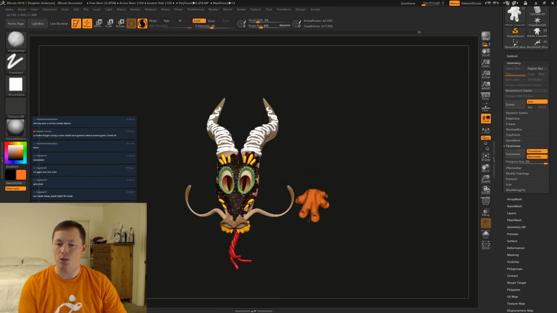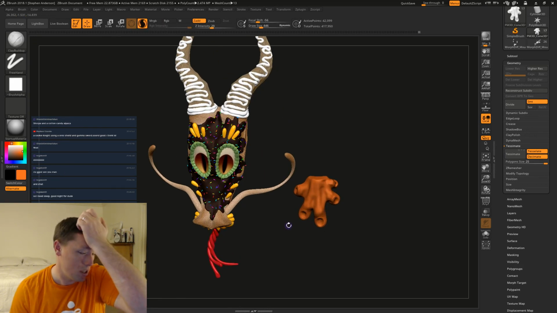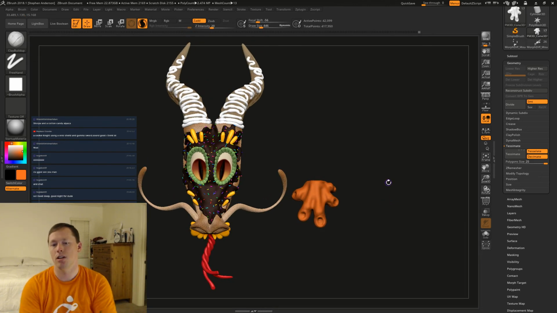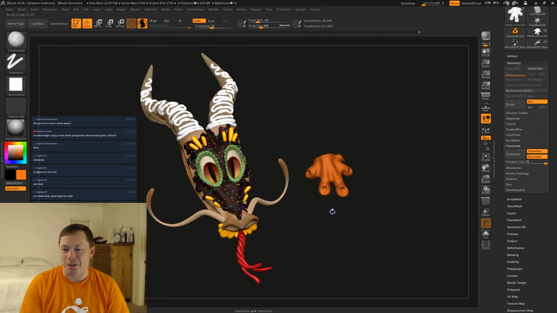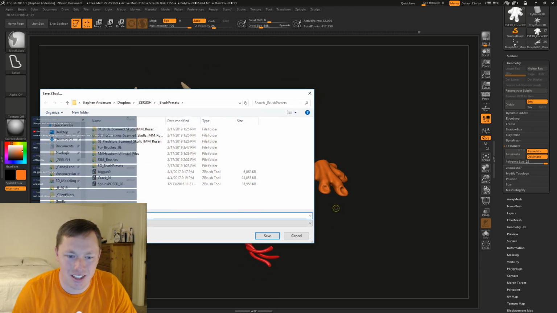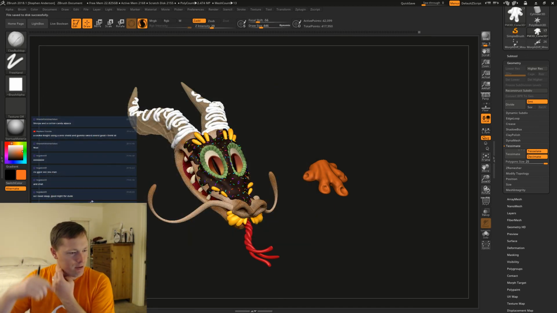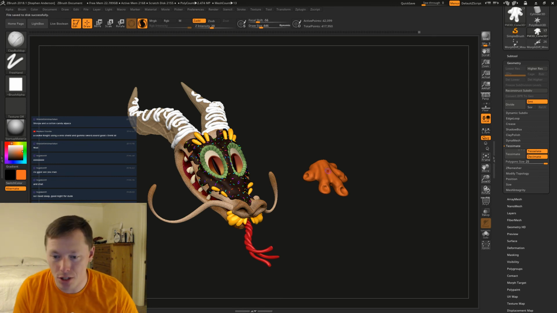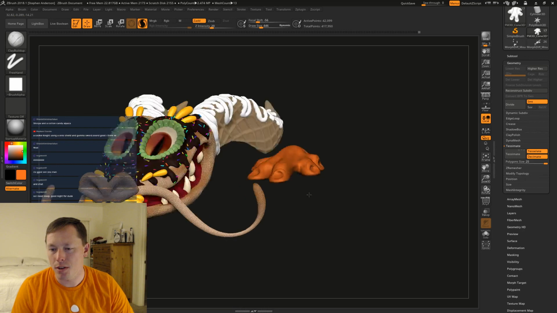Okay, so far I'm starting to like those hands much better. So what I'm gonna do, I'll just leave them like that for now. It kind of looks like a terracotta clay. It's kind of fun. I'll leave it like that. Let's go ahead and say dragon_02. I like to version up every once in a while. It allows me to keep versions and be able to go back and bring in old pieces if I need to.